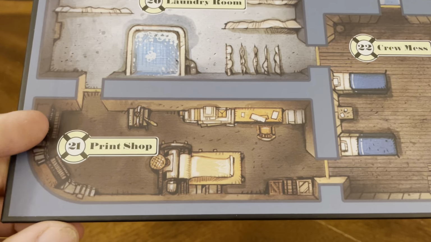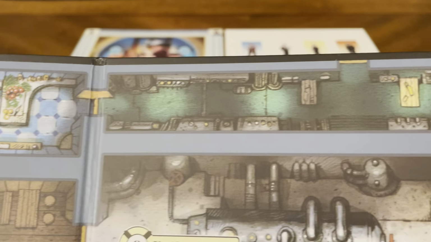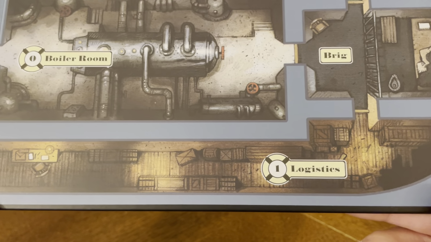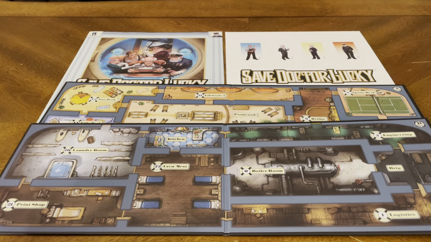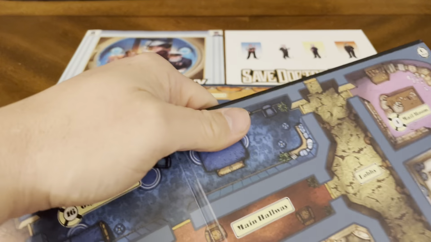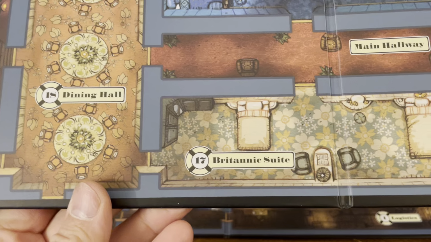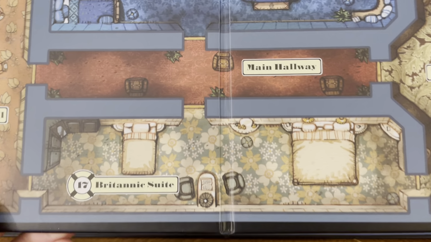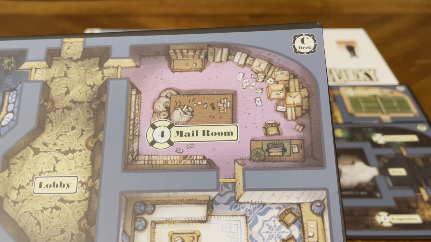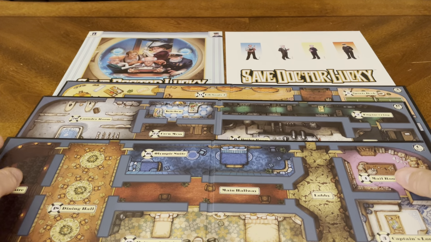You also have the laundry room, the print shop, the crew mess hall. Got the kitchen, engineering, the brig, the boiler room, logistics. And wait, we have even more of a board. The theater, the dining hall, the Olympic Suite, the Britannic Suite, the main hallway, and the Olympic Suite, the lobby, the mail room, the captain's lounge. And last but not least,